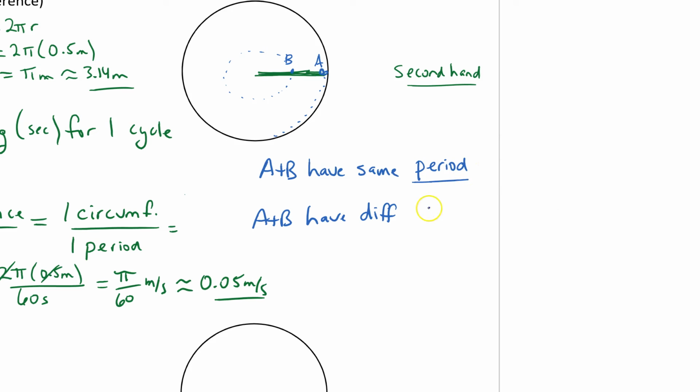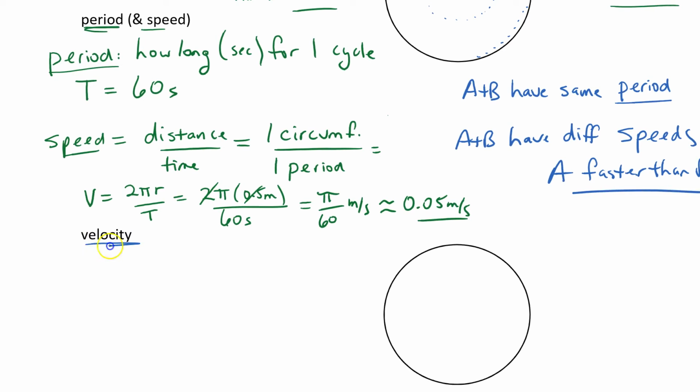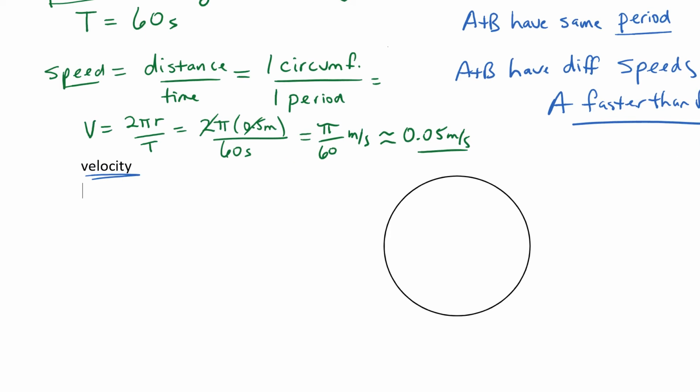They have different speeds. Which one is faster? A would be faster than B. It has a larger circle. Their circumference is larger in the same amount of time. All right, let's talk about velocity here. We're almost done. Well, if I consider again that same clock, so again, we'll say that this is rotating clockwise,